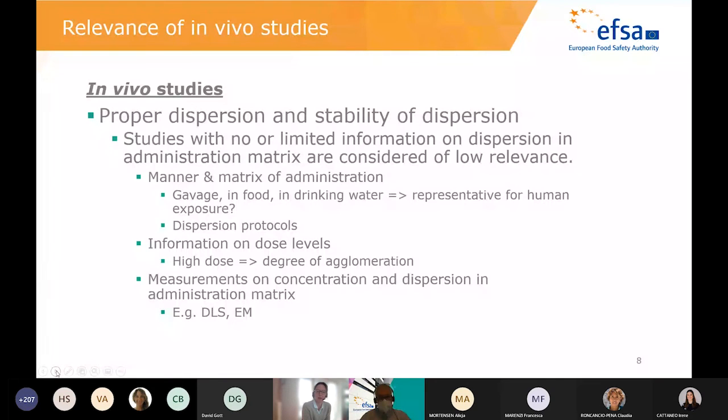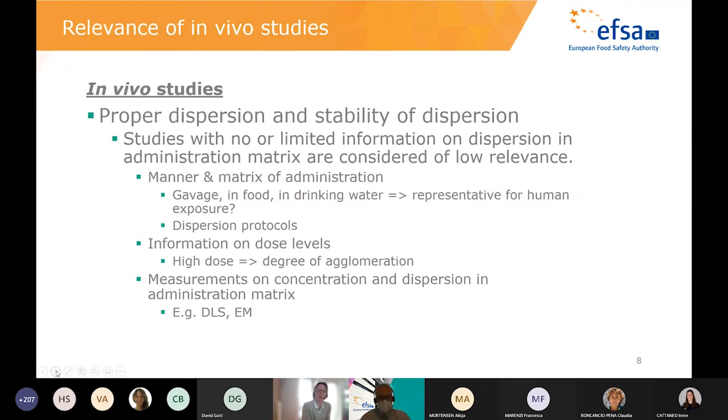And this can be considered or shown by using dispersion protocols. And it should be kept in mind that at high dose levels, it is likely that the degree of agglomeration will increase. And